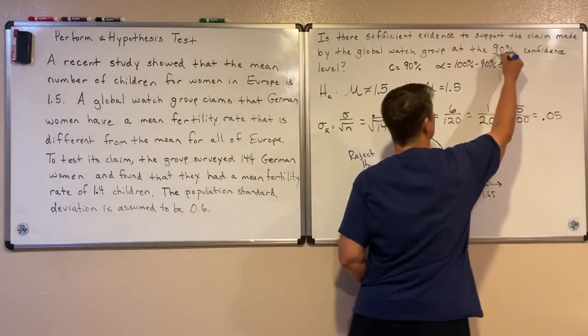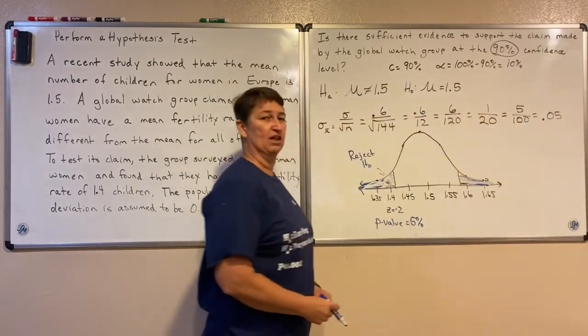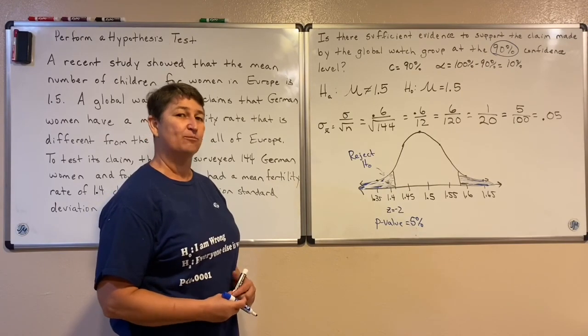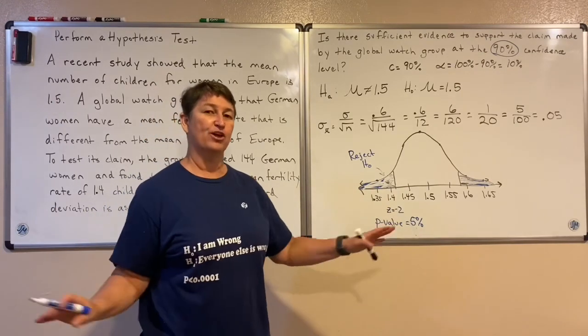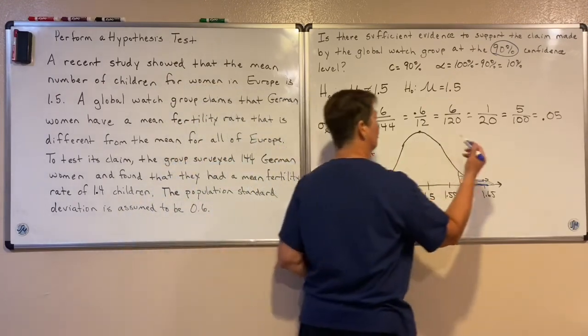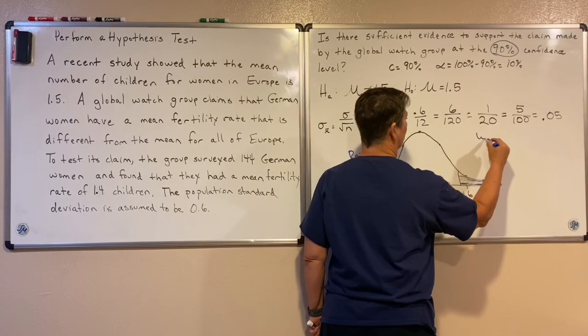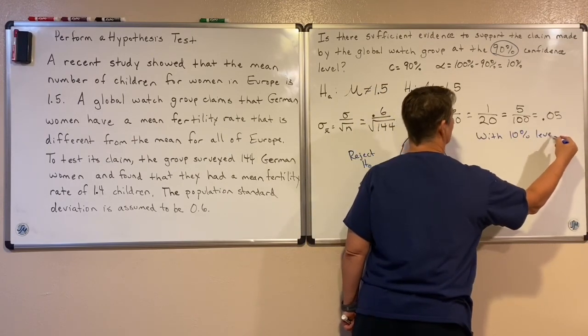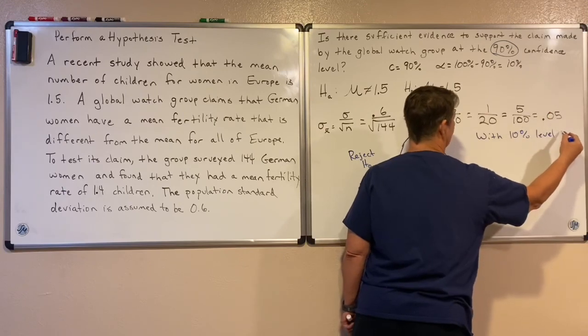Now, when we interpret our results for our reader or for the person that we're interpreting the results for, we need to include this 90% confidence level, or that 10% level of significance. We need to let them know how far out there was far enough for us. So I'm going to interpret the results. I'm going to say with 10% level of significance, or with 90% confidence level,